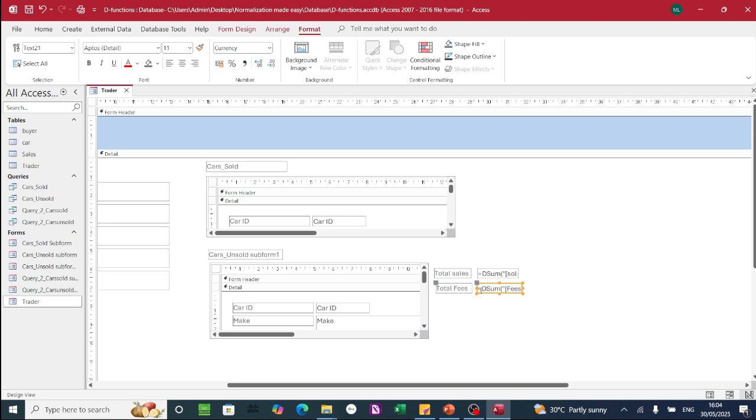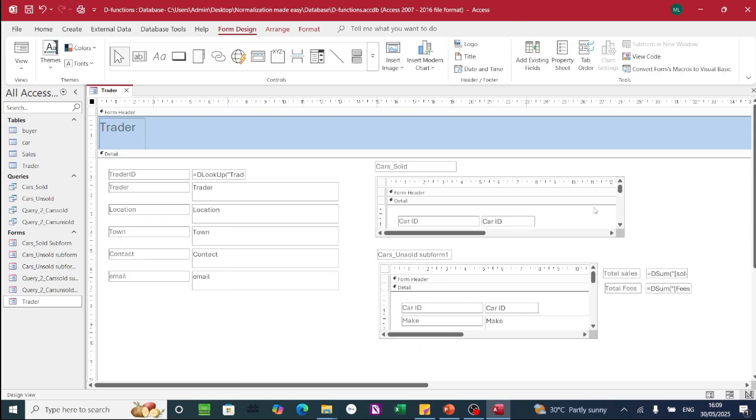The first approach is to use this DSum here minus that DSum to give your answer, or you can create a query, right? So you create a query to do the difference between these two functions, that is the total fees and the total sales, and then you subtract the answer within the query. Okay, then you can use a DLookup to bring it here, but I'm going to make use of the DSum to do the work. Okay, so to get the difference between the two, we're going to do the total sales